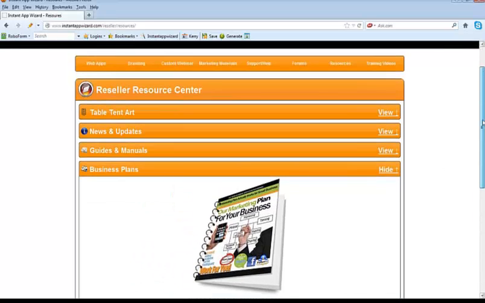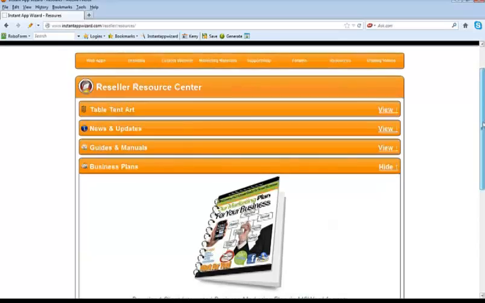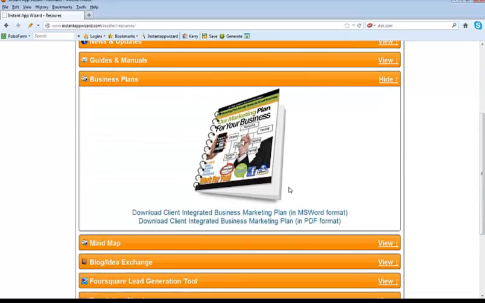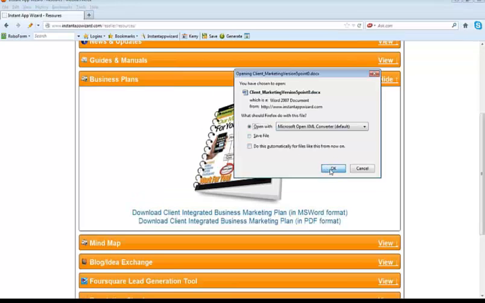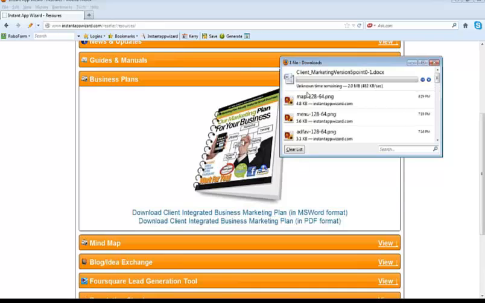Right here under your resources section, your reseller resource section, there is a client business plan. You can download it in PDF or MS Word format. I recommend MS Word format because you can go in and change it.